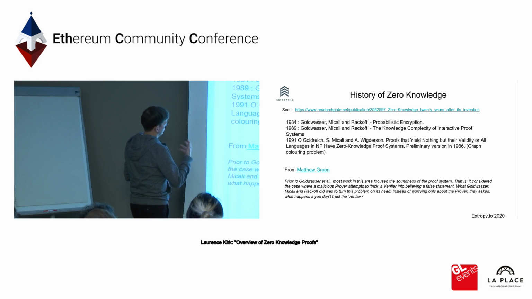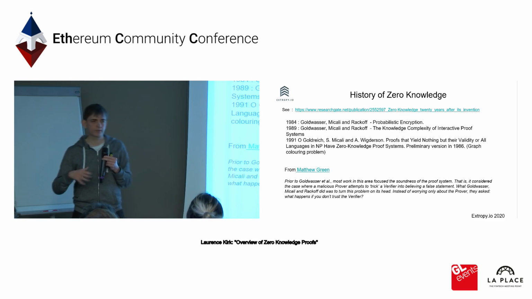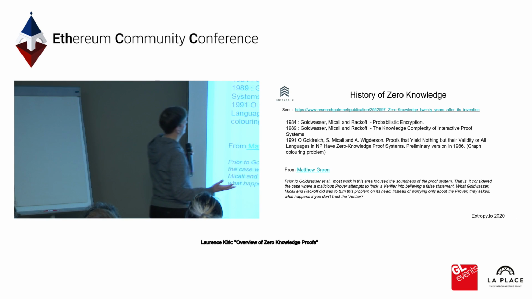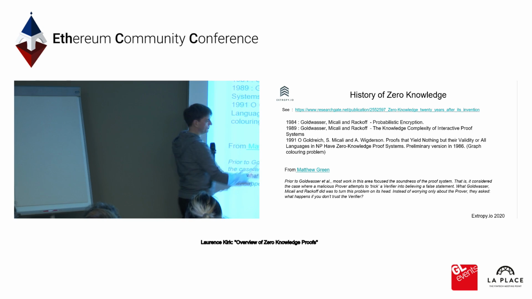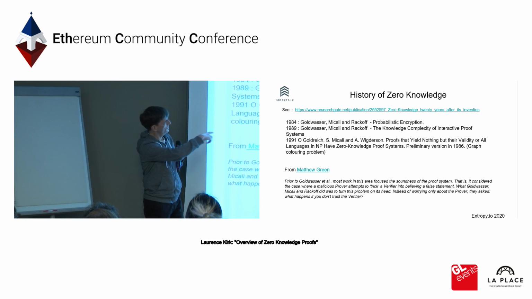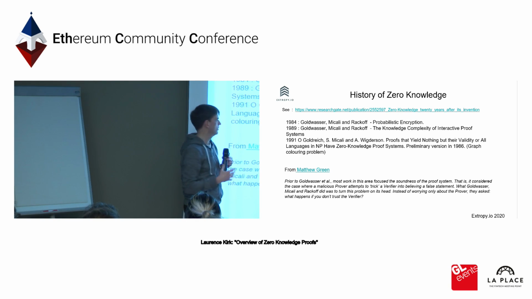What the people writing these papers really did was to turn this on its head and say, well, what about the verifier in this process as well? What if we can't trust them? And they started to think about it in a very different way. And I think maybe that was one of the reasons why these things took a while to be accepted. But anyway, during the 80s, these started out, and particularly, a very powerful bit of research in the early 90s, where they started looking at problems in NP and proving that any problem in NP could be represented by a zero-knowledge proof. So that really made this a very powerful area of technology.